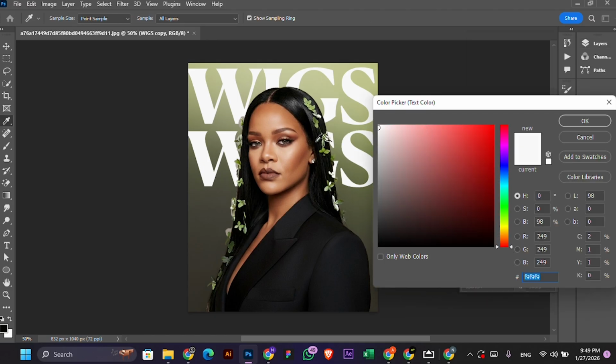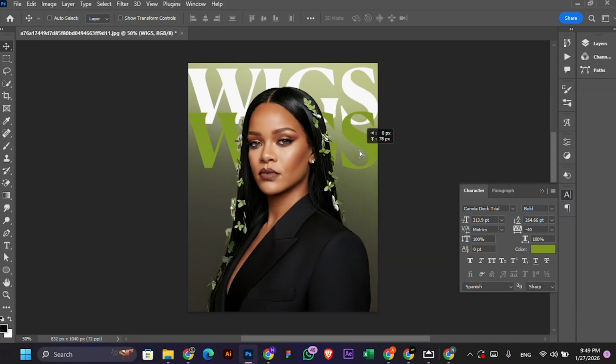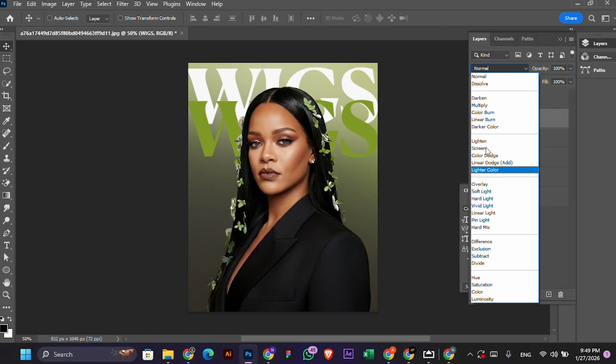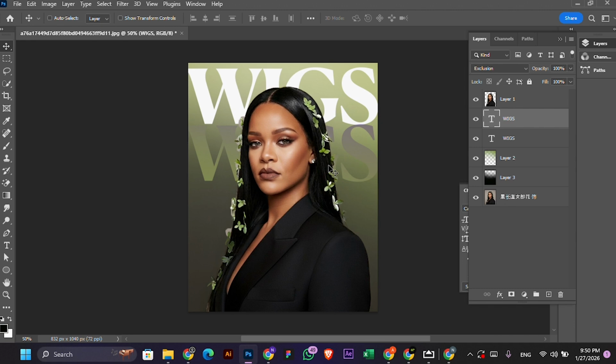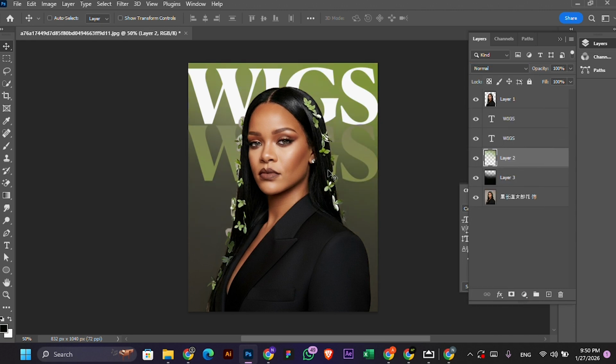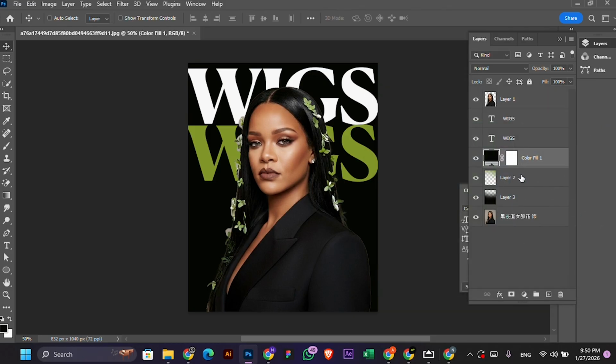So maybe I'll change this to something like this. Then I'm going to bring it on top of this, and maybe let's play with the blending modes and see what we are going to get. So if you play with the blending modes, I like to go with some subtract or divide. Okay, maybe this might be okay. And now maybe I'll bring this back to normal, and just something like this. Or even if you want, you can actually make this black, and then maybe put this